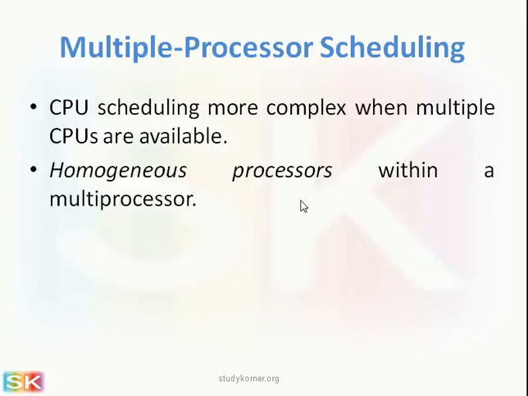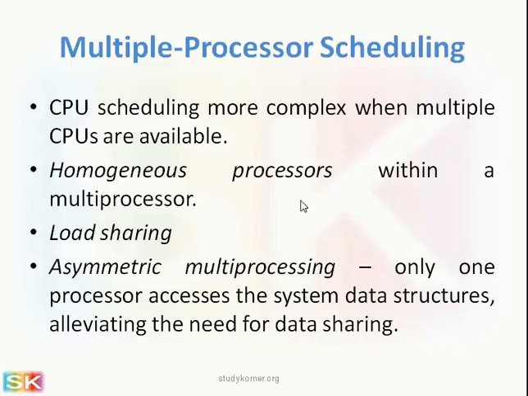And if we have multiple processors in our system, then we have to keep track of all the processes which are running on different CPUs also, right? With homogeneous processors within a multiprocessor, like symmetric processing, we also have to take care of load balancing. There should not be a case that one CPU is overloaded and other CPUs are